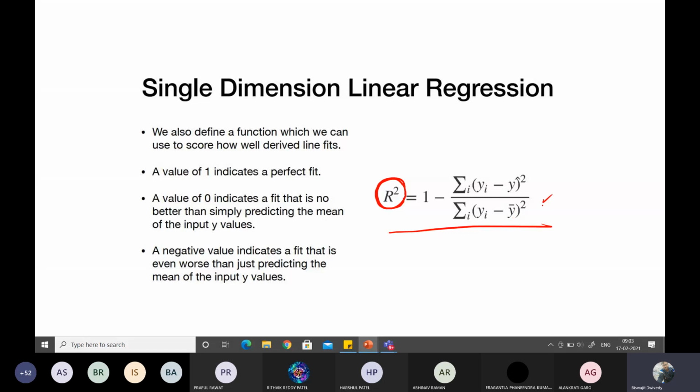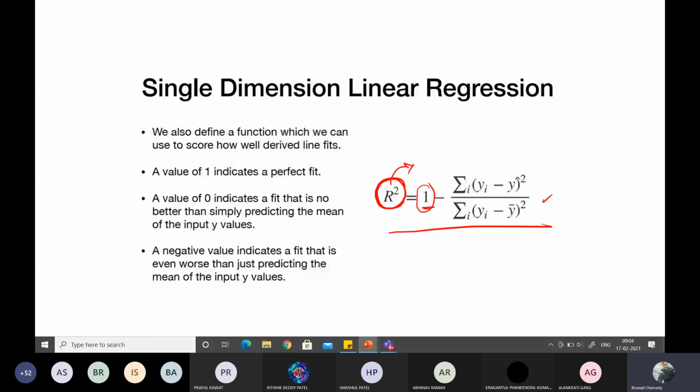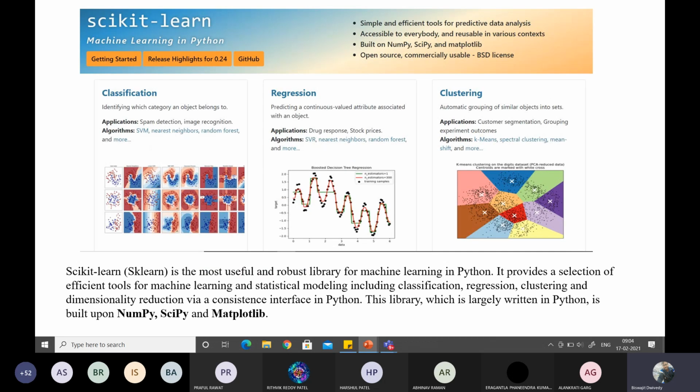In the previous example, that equation was written in a somewhat different manner, so that's why 1 was not present, and here it is slightly differently written, so that's why 1 is there. But the values will be the same. Whatever R square value we get here will be exactly the same as in the previous case. So this is the mathematical basis based upon which we are going to do the programming of your linear regression.